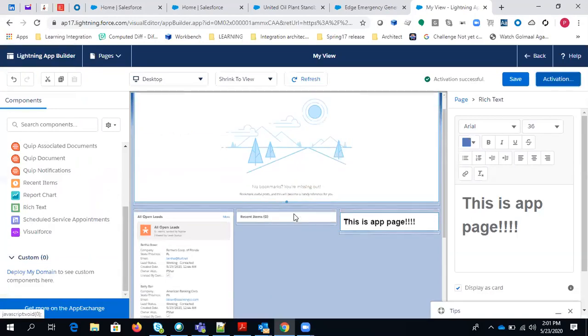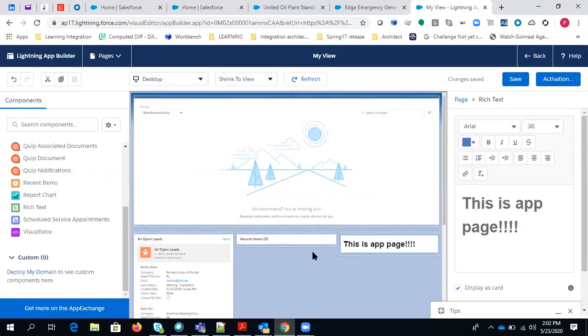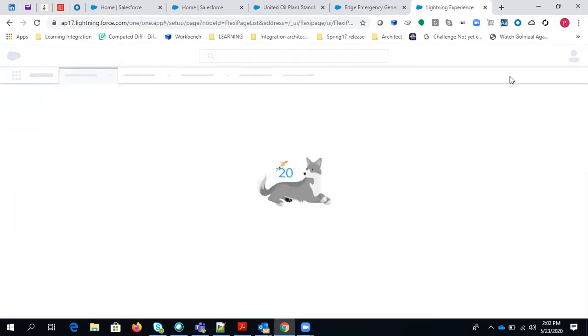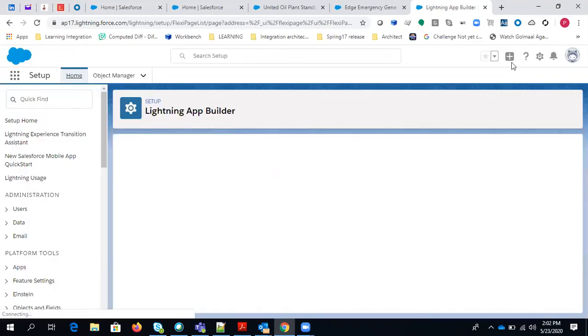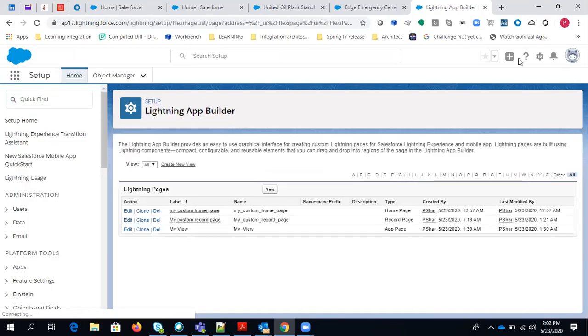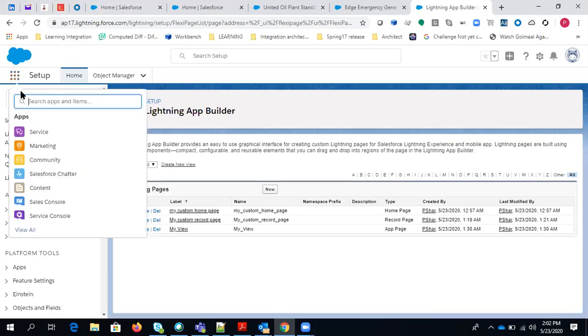So after hitting save, we have activated it as well. After hitting save, it should be available in the sales app. So you can go back and check if we are having this thing in the sales app. So I'm back right now. So we need to go to app menu for the sales app.